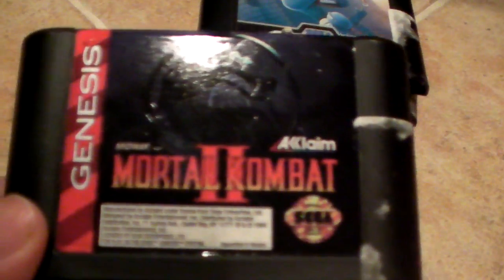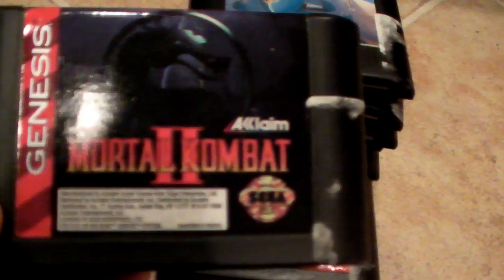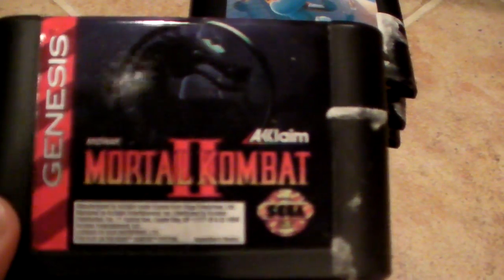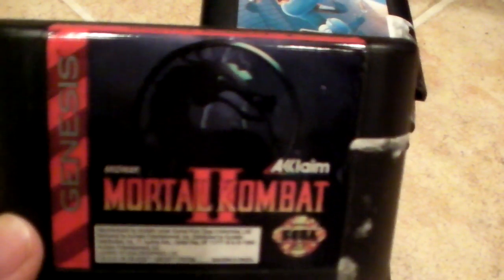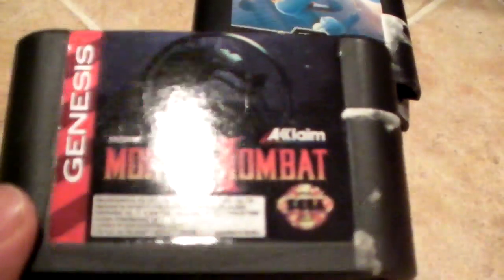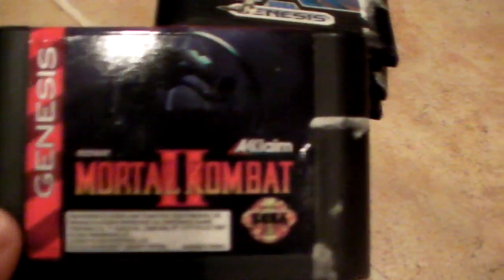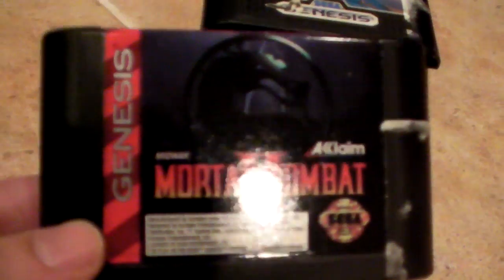I can't remember. This game came out and it was like a huge deal. I think I got this from Toys R Us. It was like a giant, big deal. I forget what they called it. It was like Mortal Monday or Combat Tuesday or something when it came out. It was a great game. Good graphics and everything. Doesn't really hold up as well as some of the other fighting games from that era. But